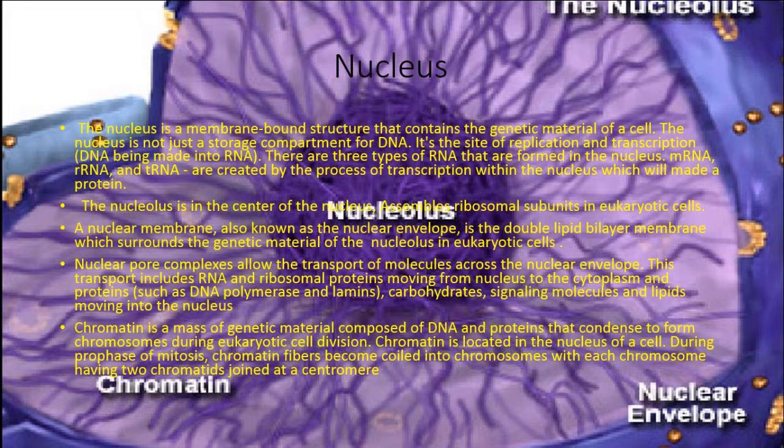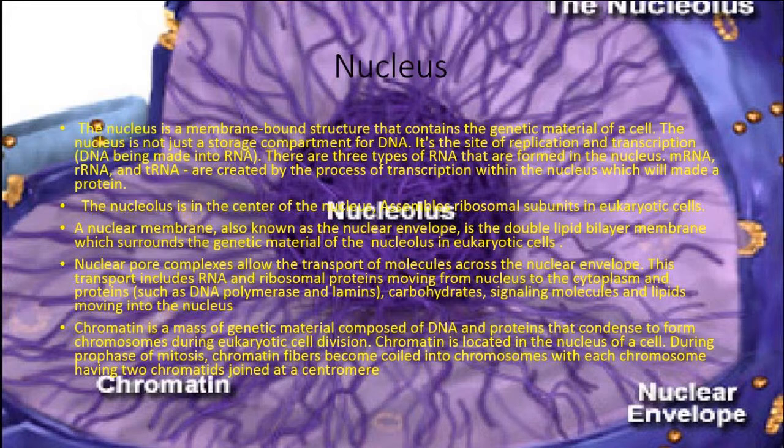subunit. A nuclear membrane, also known as a nuclear envelope, is the double lipid bilayer membrane which surrounds the genetic material and nucleus in eukaryotic cells, and it is semi-permeable. The nuclear pore complexes allow the transport of molecules across the nucleus. This transport includes RNA and ribosomal protein moving from the nucleus to the cytoplasm, and protein. Chromatin is a mass of genetic material composed of DNA and protein that condense to form a chromosome during eukaryotic cell